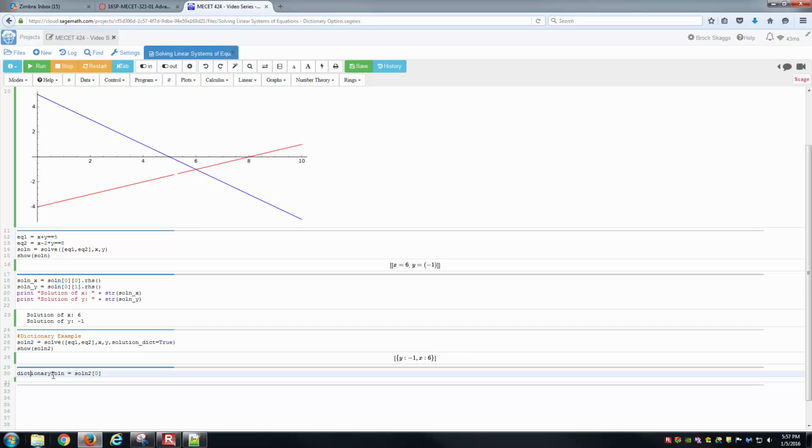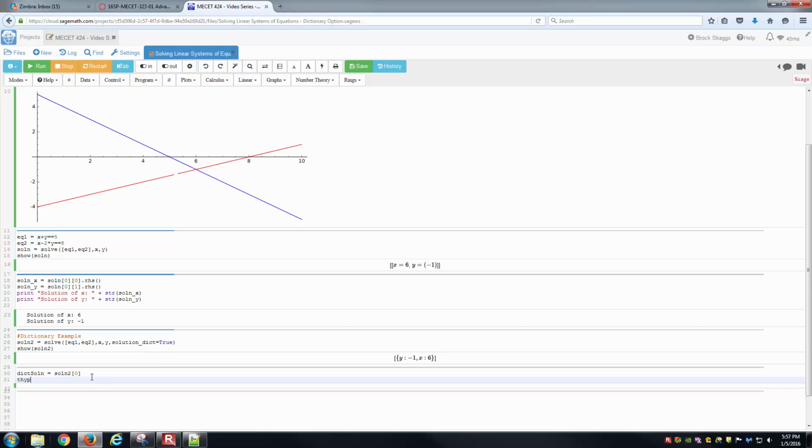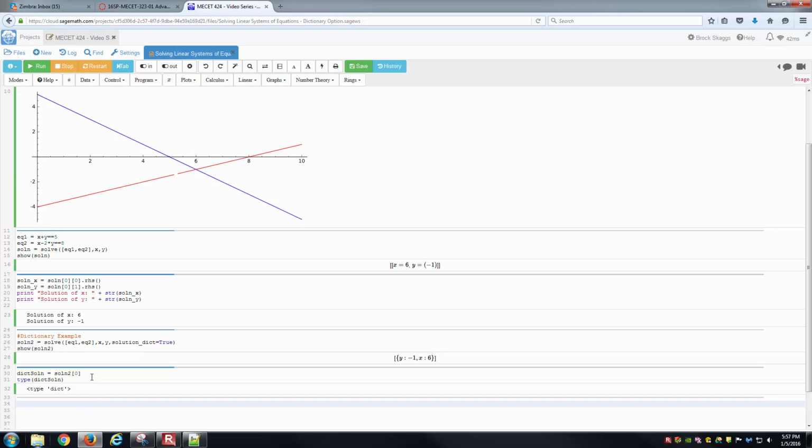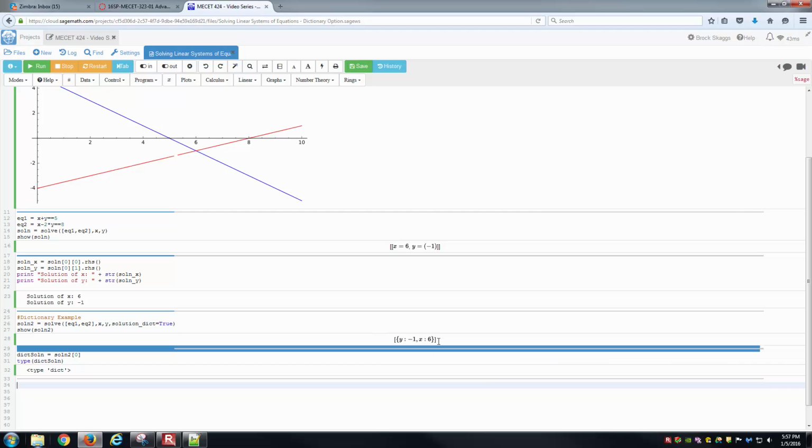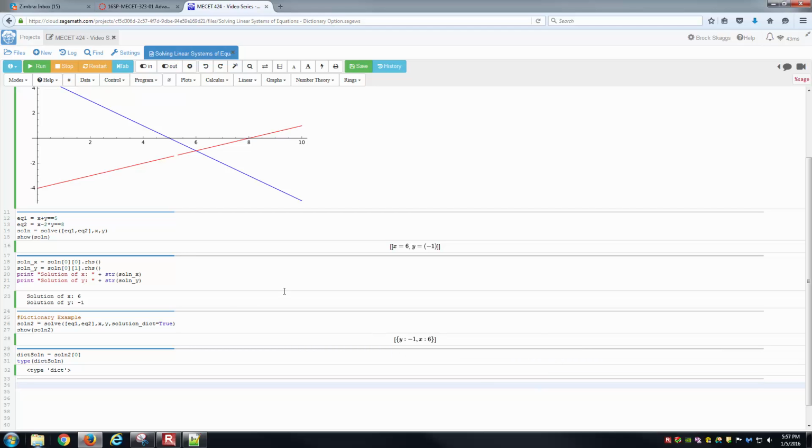Now let's shorten this a little bit and just put dict solution. And so now we can test this again. So let's say type of dict solution just to make sure we're at a dictionary. Yes, we are. And so that looks good. Now, dict solution is going to contain our answer. And how do you access the answer? Well, we'll do a very similar thing like we're doing on lines 20 and 21 here with the print command. And so what we'll do is just say print, and I'll just say X solution this time. Leave a space, plus, we'll convert it to a string, and let's try dict solution,